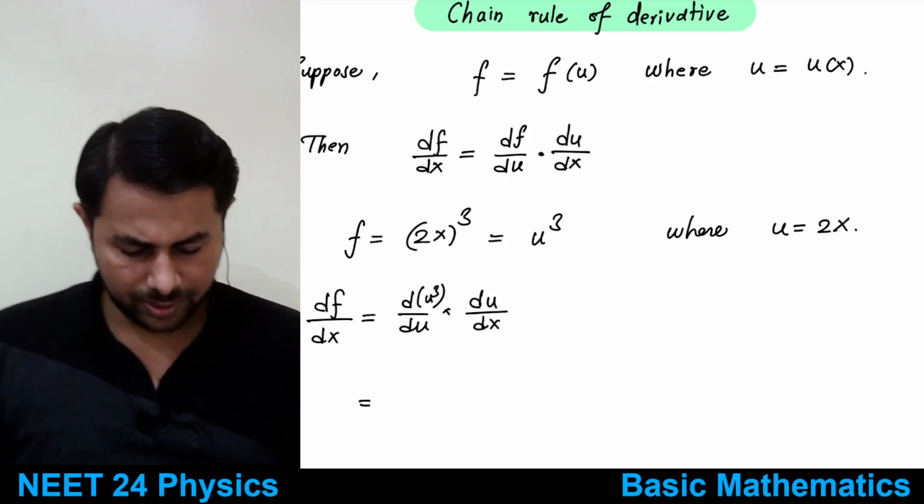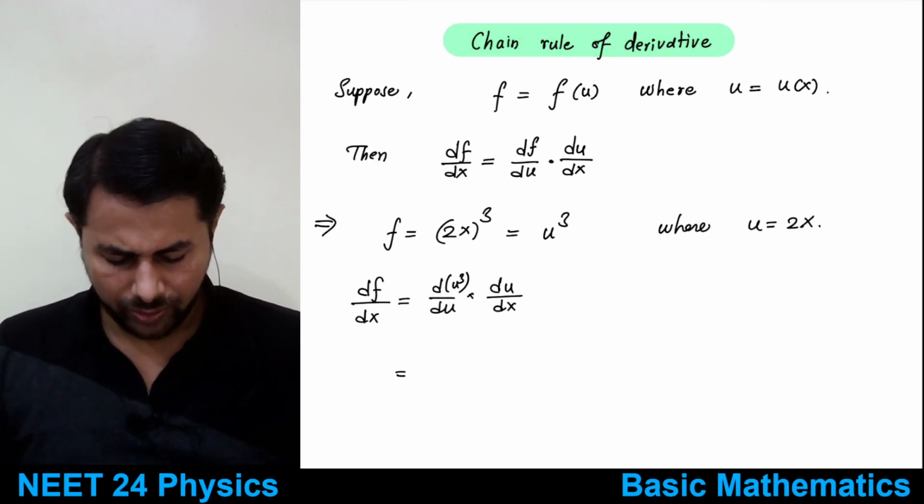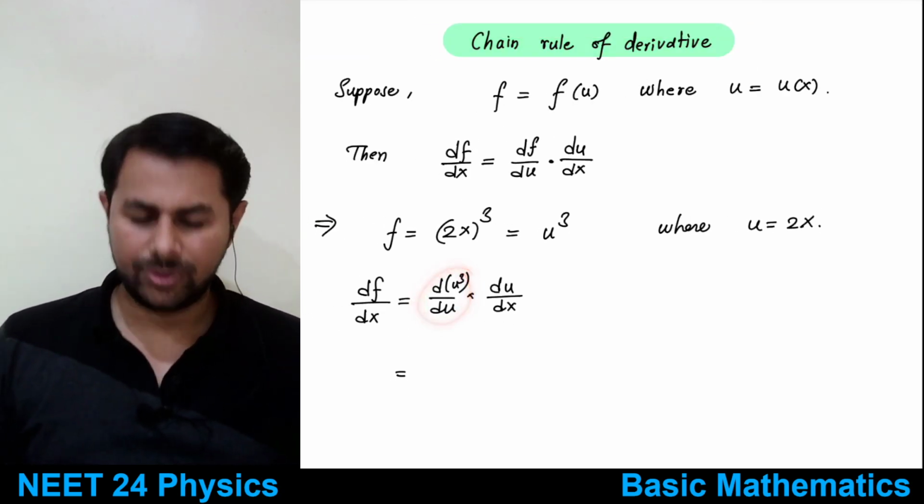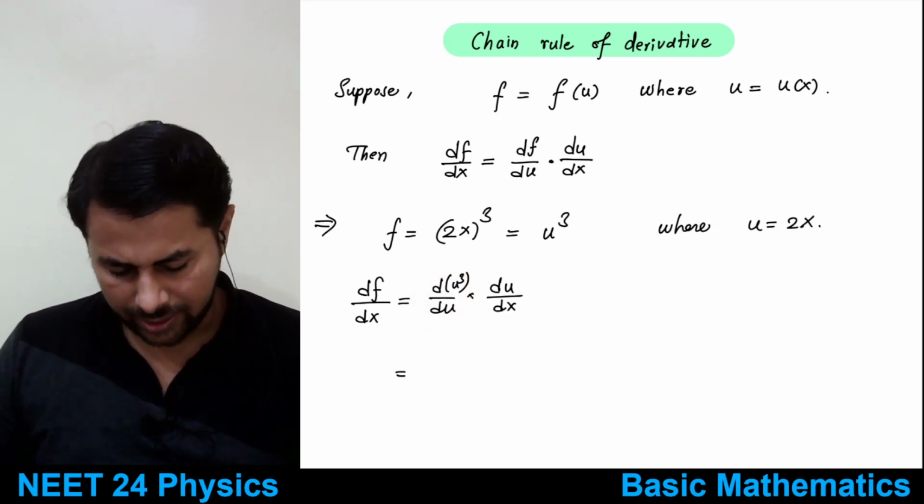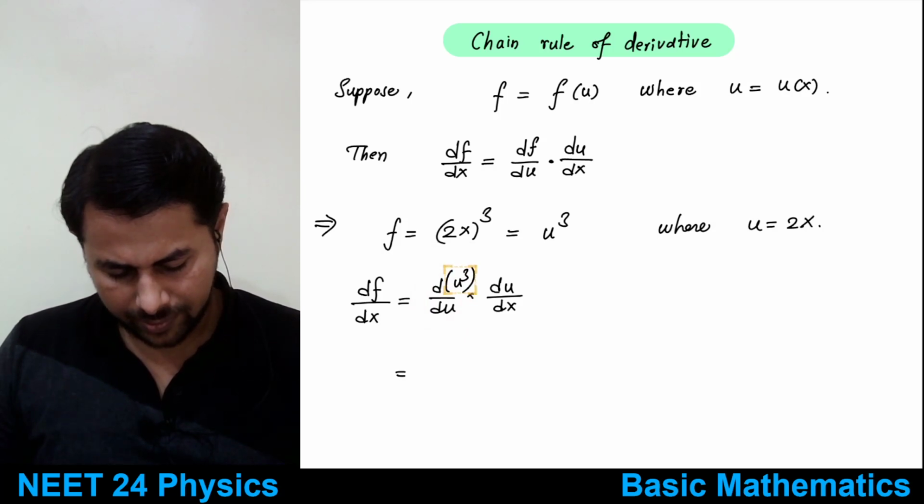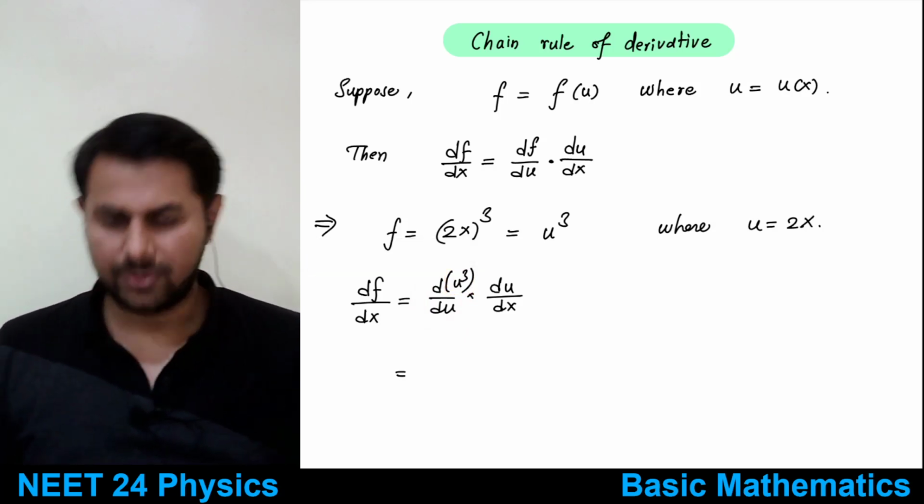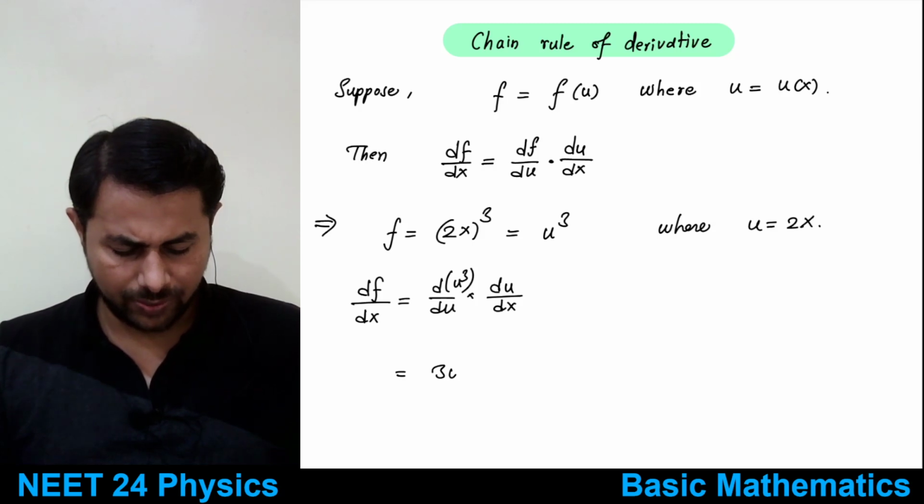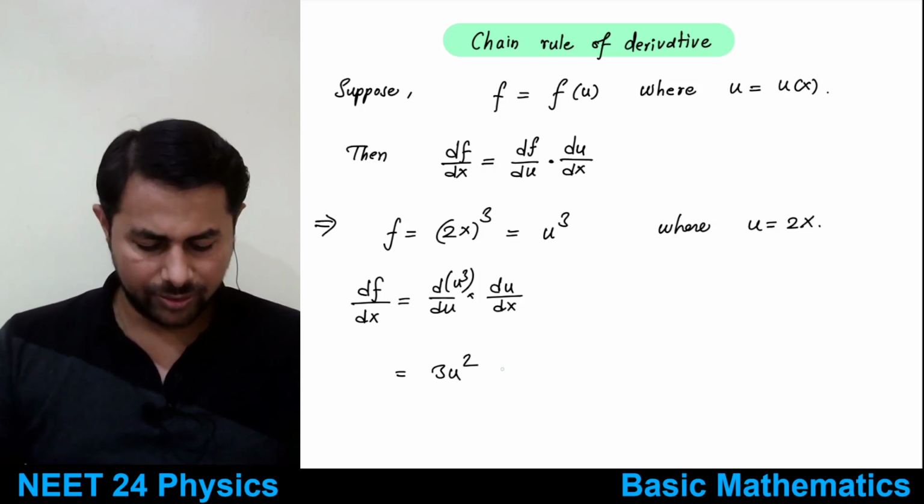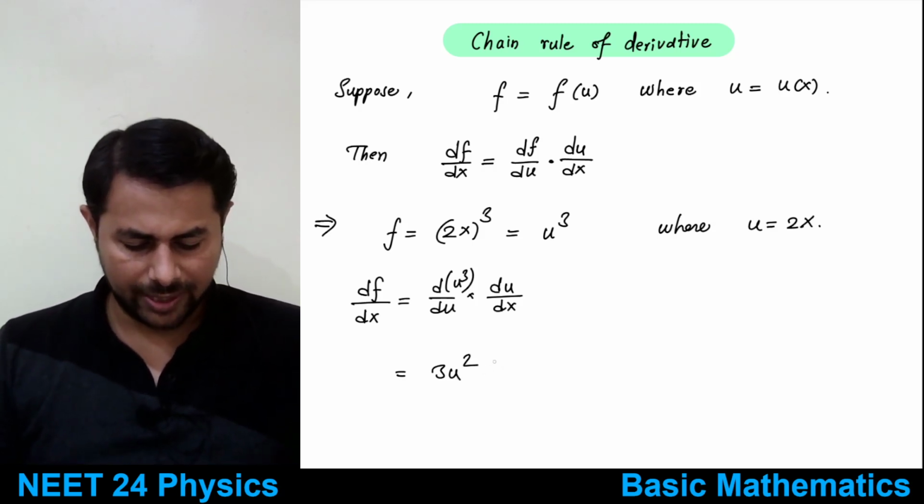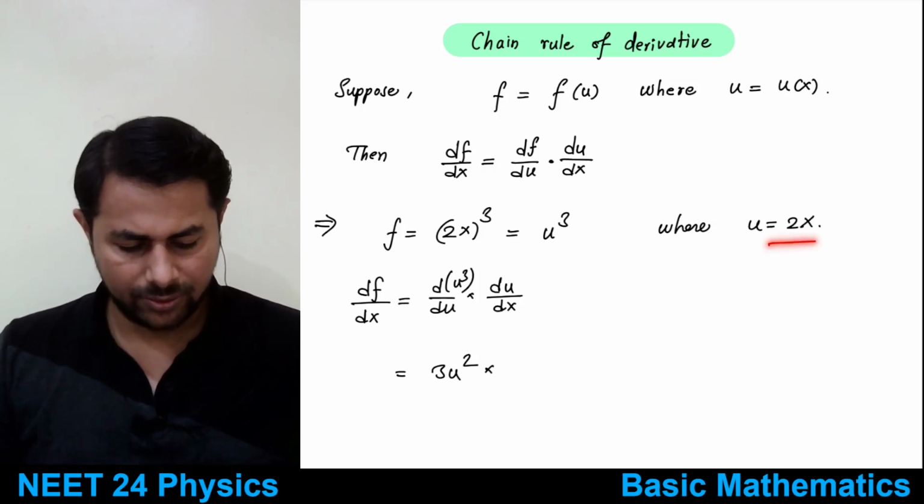Derivative of u cube with respect to u. So what's that? It is 3u square. Can you see that, or is it fine? Okay. So this is 3u square. Derivative of u cube is 3u square multiplied by du by dx. So du by dx is 2x,